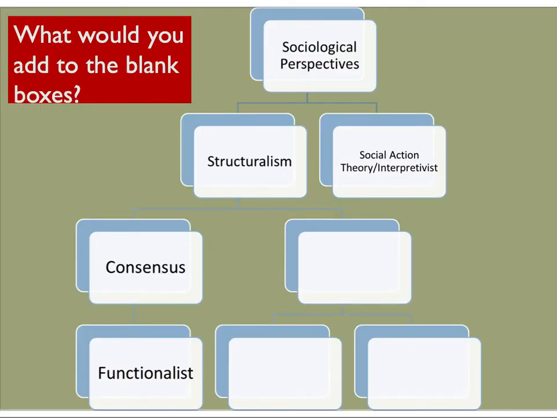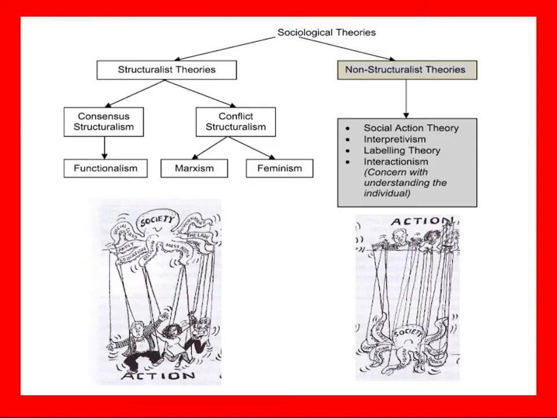You should be familiar with this diagram by now. It helps you to think about where Marxism fits in relation to the other sociological theories. We can note that Marxism is similar to functionalism in that it's both a macro theory, a structuralist theory and a modernist theory. But where the functionalist sees consensus, the Marxist sees conflict. Hence we refer to it as a structuralist conflict theory.